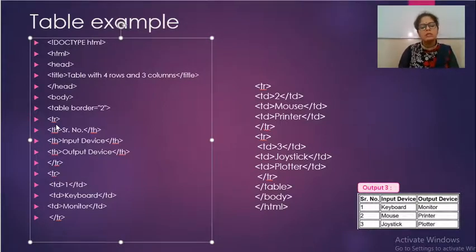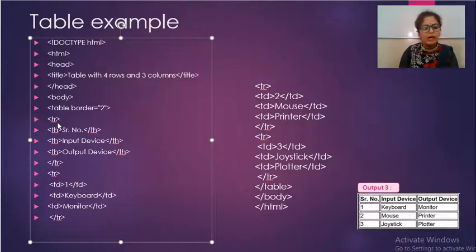Now see students, till this line, first of all we have to start with the table tag. So this indicates the start of the table, that we are going to create a table. Now inside the table we have to create the first row. So how do we create the first row? We have to start with the tr tag. Tr tag is used to create a row. So this is the start of the first row. Look at this first row. Inside the first row, we have to enter data into this first cell.